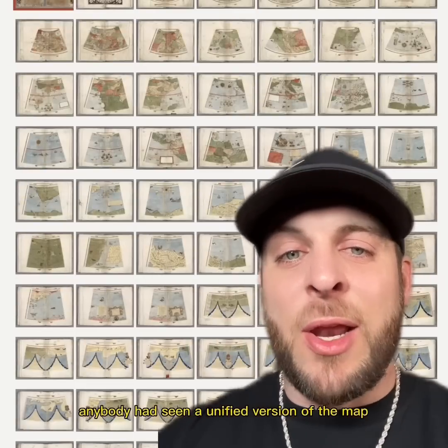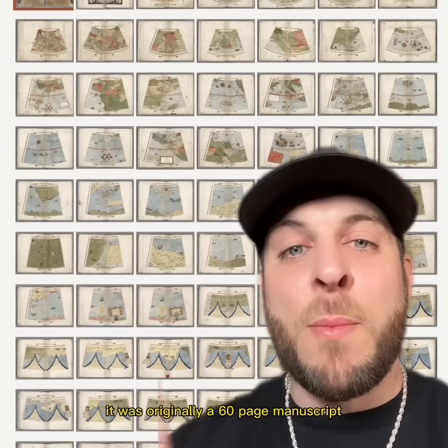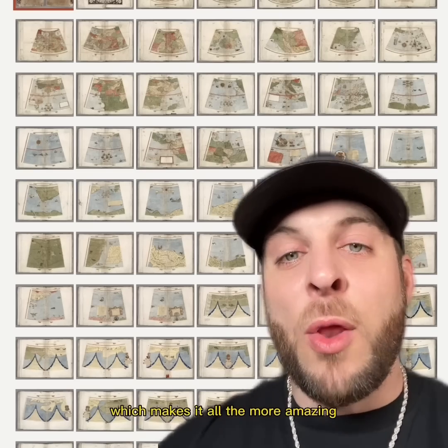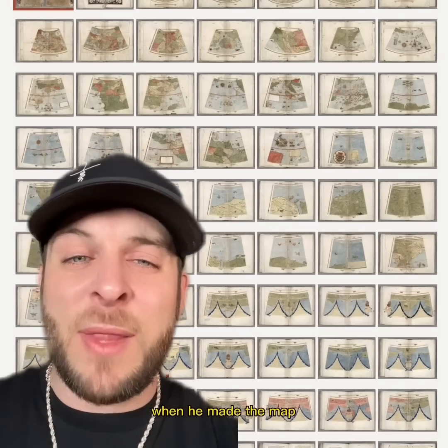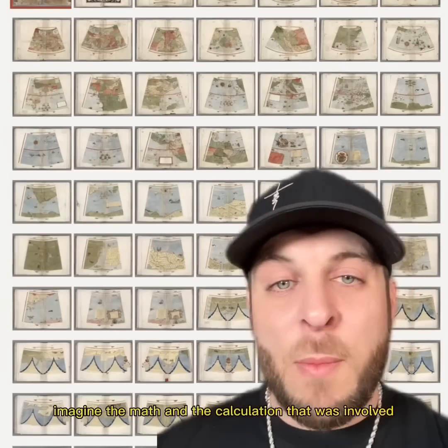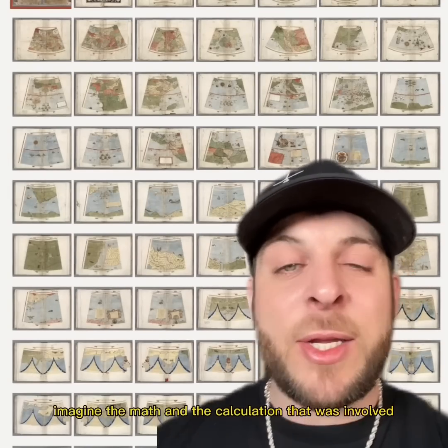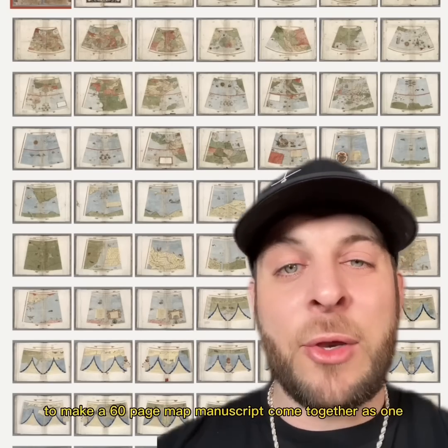Back in 2017 was the first time anybody had seen a unified version of the map. It was originally a 60-page manuscript, which makes it all the more amazing. And what's more mind-boggling is that Monte Urbano, when he made the map, actually planned for it to eventually be unified. Imagine the math and the calculation that was involved to make a 60-page map manuscript come together as one